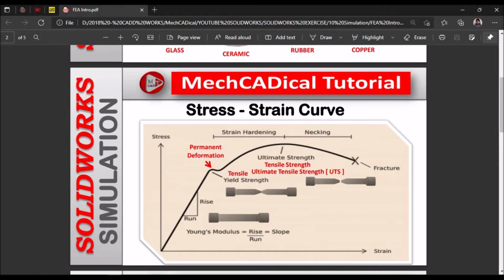So the linear slope is where the material doesn't deform at all. There is a uniform thickness on the material cross section. When it reaches tensile yield strength, or simply yield strength, it starts deforming. Yield strength is nothing but the maximum stress where a material starts deforming permanently. That is called plastic deformation, and it is measured in Newton per meter square, or pascals, or we can use